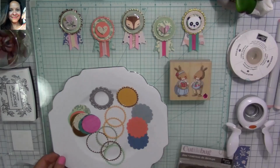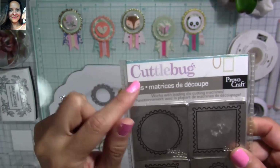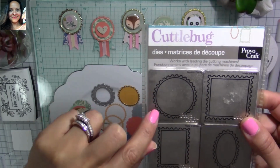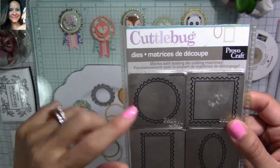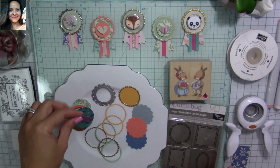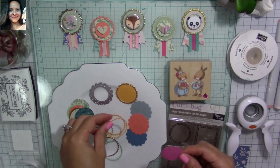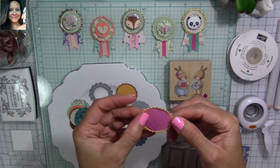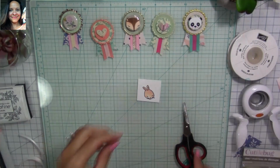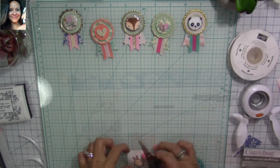So this is the die that I'm using, and it cuts the inside and the outside of the die. It's a cuttlebug die, so it cuts the outline and it cuts the inside shape. And I'm going to show you here the inside shape. You could use it to put it as a background, but I'm not going to do that here. And you can see on the back there's a stamp from Art Impressions that has two bunnies. I'm going to use that to stamp the head of one of the bunnies. I'm going to color it, and then I'm going to fussy cut it to use it for my first prize